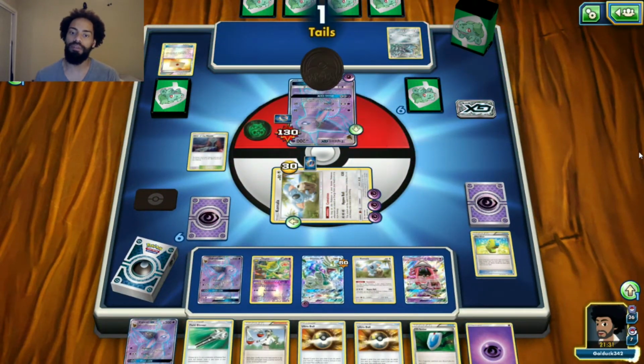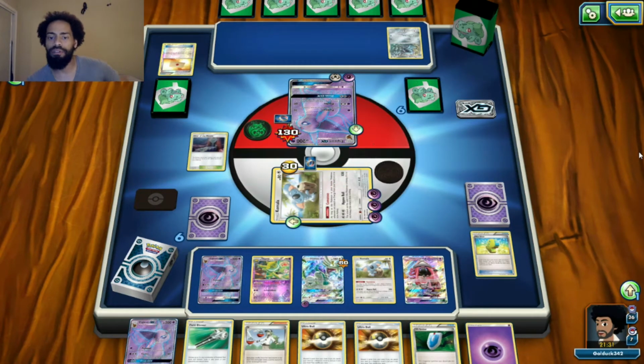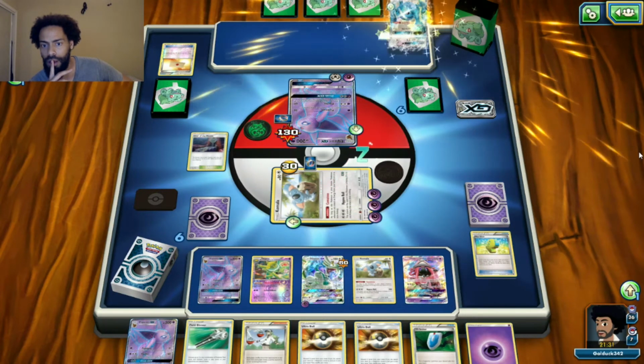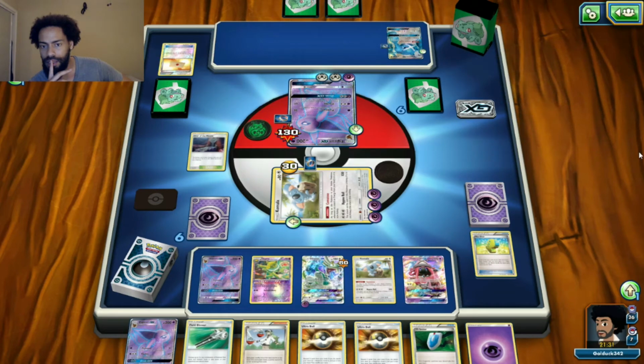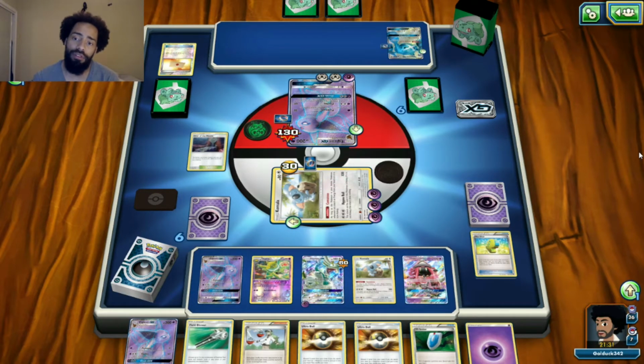And Espeon wakes up. Oh, so actually Espeon flipped first. So bad news is we have a ton of energy on. So that's gonna hurt because he's gonna use Psychic for 150. The good news is he's only gonna be able to take one prize. Bad news is he's got a Metagross set up already,